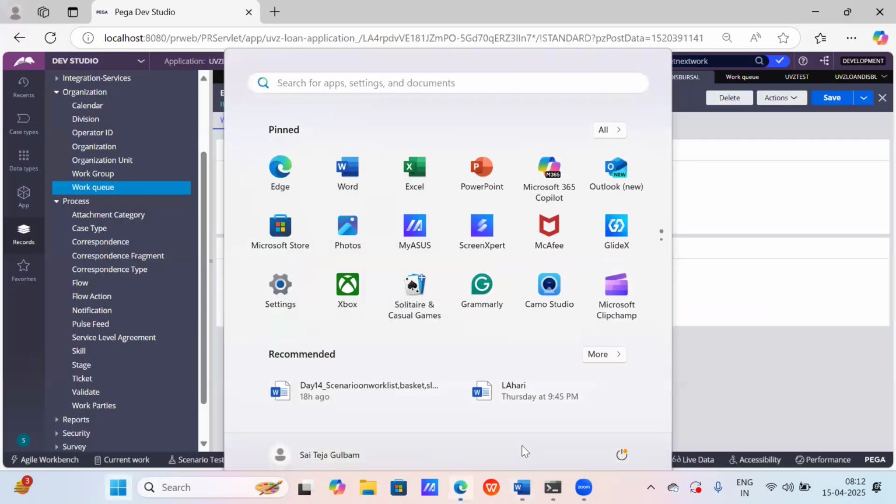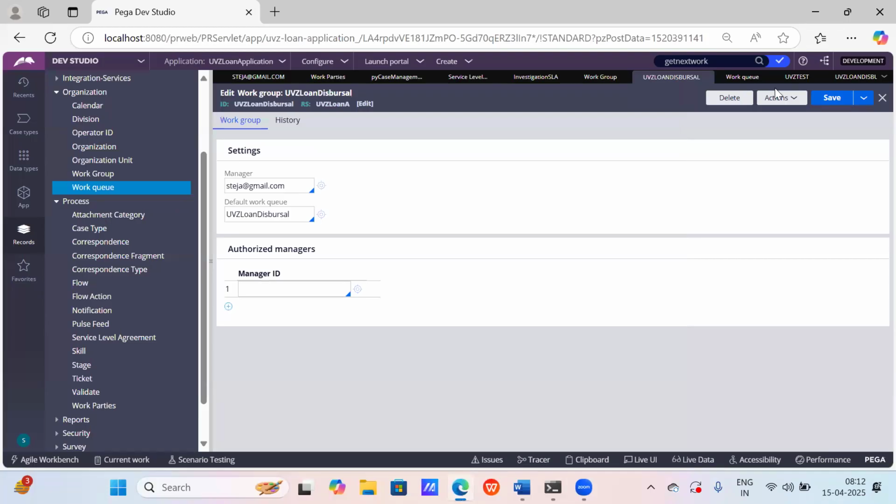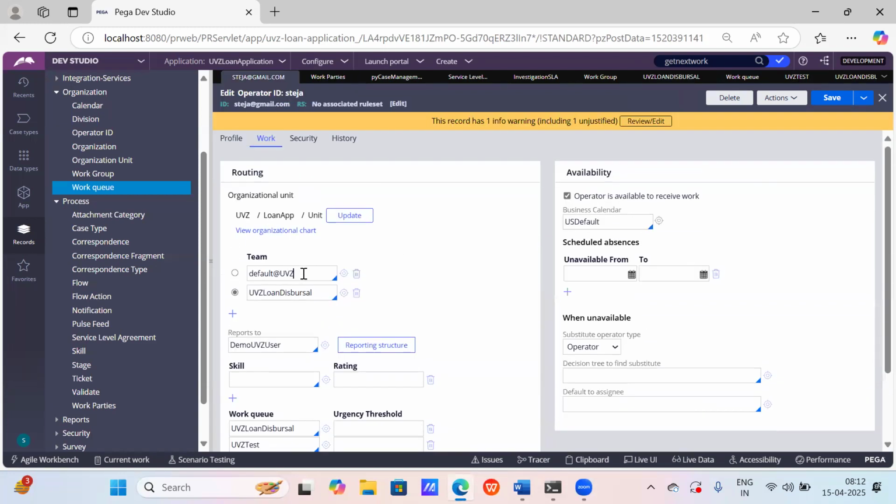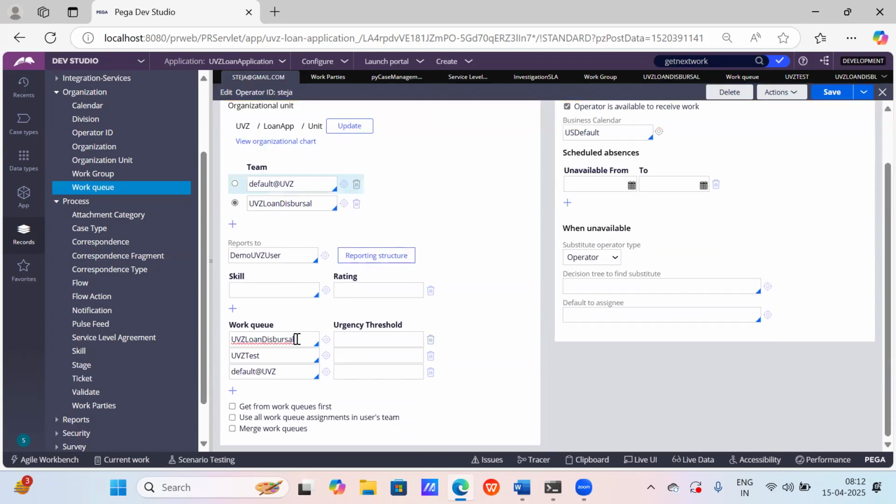So if I go back here, now we are going to discuss multiple scenario questions that will come up when this option is selected. If I open this operator profile, this is the operator profile, which says that you're having one work group here, you're having one more work group here. For the first work group, you're having two work queues. Assume that the first two work queues are related to the first work group. For the second work group, we're having this second work queue. And the first one is a default one. Let's assume that UVZA is the default one. Just giving it as UVZA. I'm giving it as UVZB.